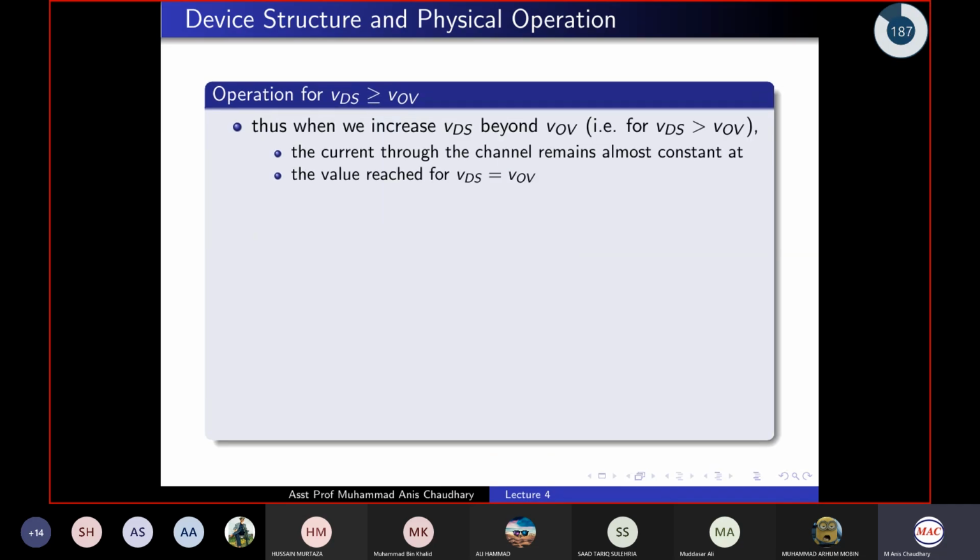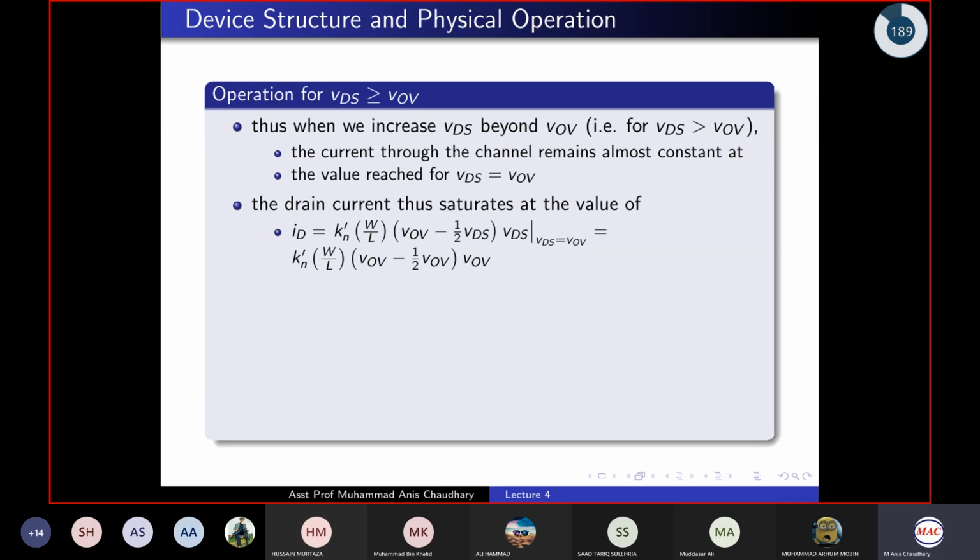So let's determine the relation here. यहाँ पर रिलेशन को डिटरमिन करने के लिए जो पिछली रिलेशन अभी हमने एस्टेब्लिश की है उसी को रेडिली यूज किया जा सकता है. We just have to substitute VDS equal to VOV. सो VDS इक्वल टू VOV को हम यहाँ पर जस्ट पुट इन कर देते हैं एंड एज अ कॉन्सिक्वेंस वी